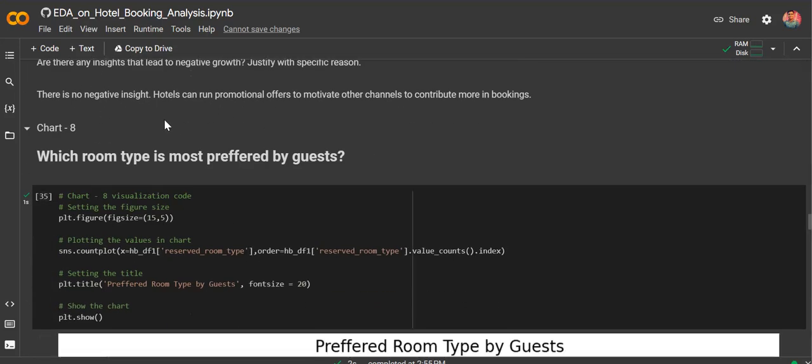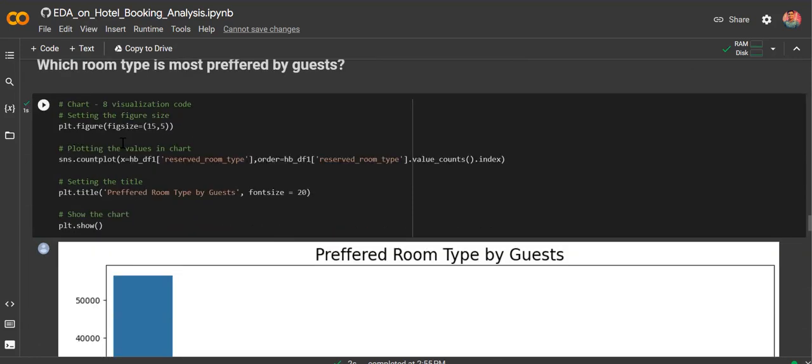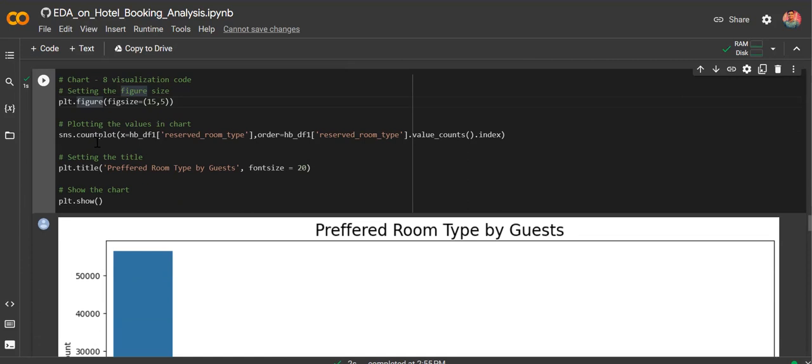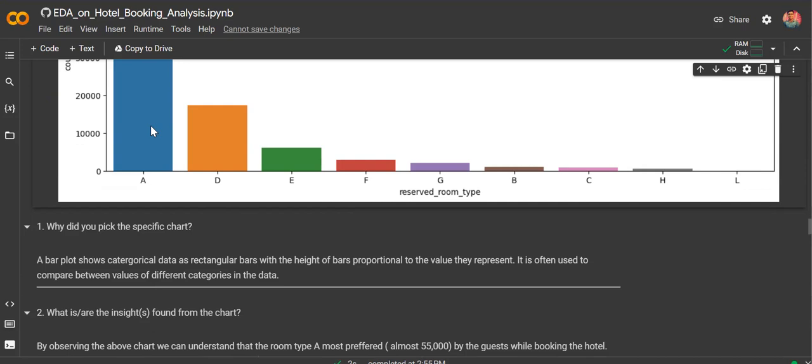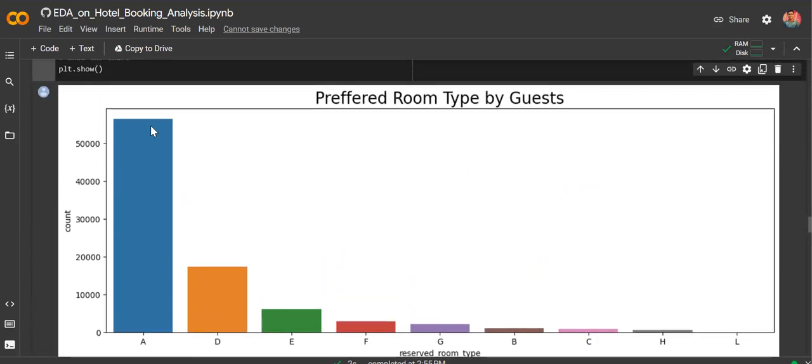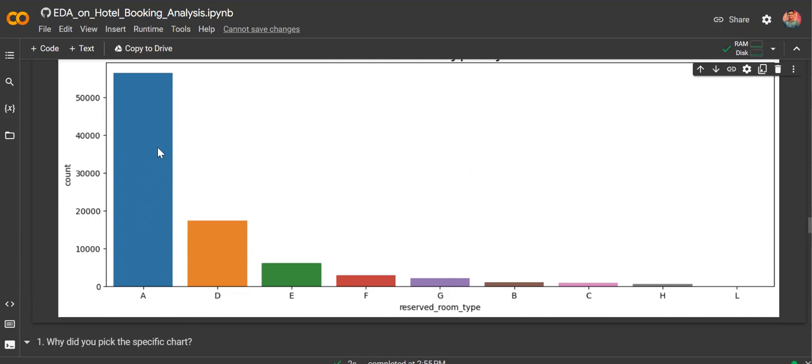After finding that, we are moving forward to the eighth problem statement, which is where we have to find which room type is most preferred by the guests. So plt.figure, I am here setting the chart size, and then I am plotting the values in a bar plot by running the seaborn count plot. And we can see that room type A is most preferred by the guests when they make their booking. So they most preferred A type room,